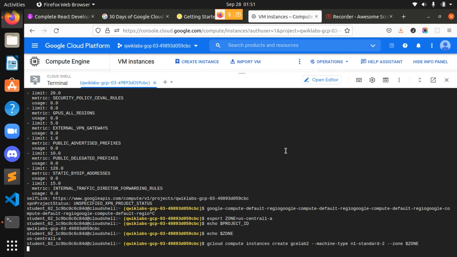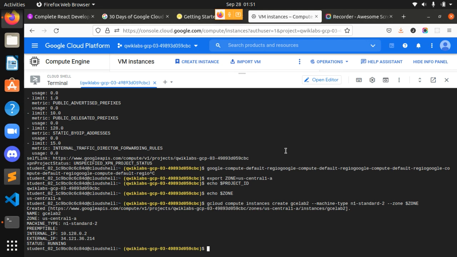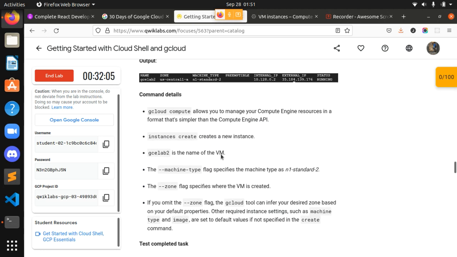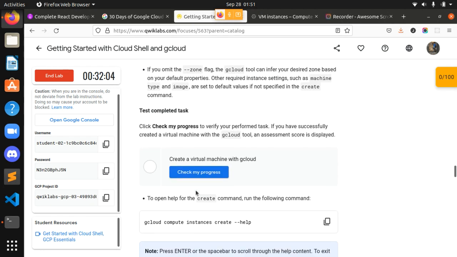It's going on, guys. The virtual machine is being created. You can see the status, it's running, and here you can see all the command details in the task.